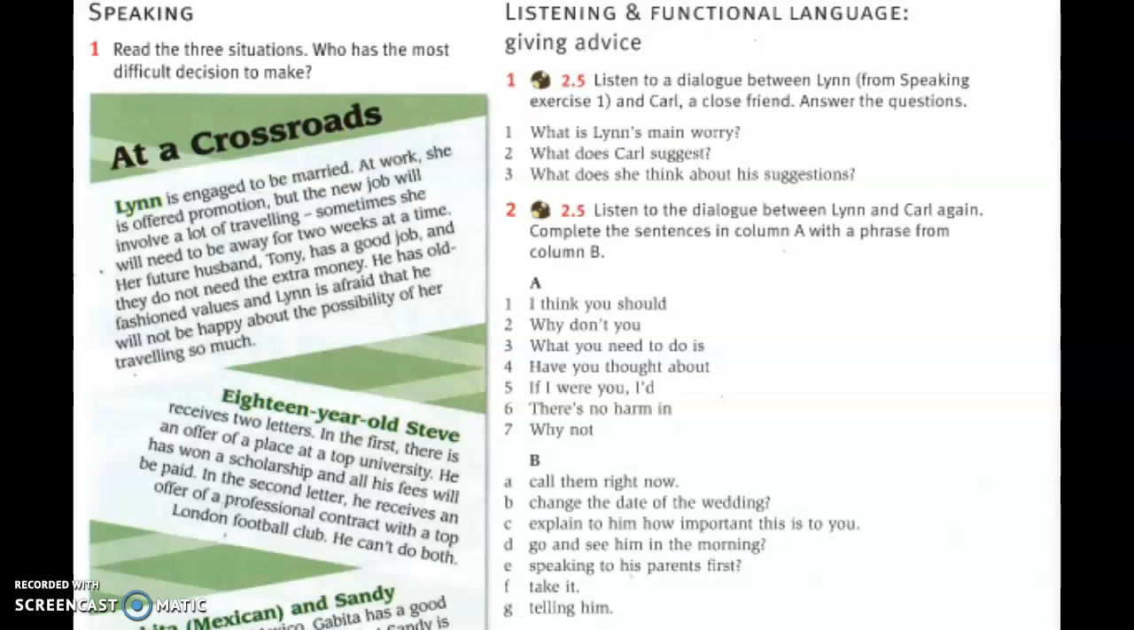Once they've done that, get them to check together, get the answers, and make sure they can see the answers written down. So that was listening for gist. Next, they're going to listen for some specific information in exercise 2. So the second listening activity is listen to the dialogue between Lynn and Carl again, the same dialogue, and complete